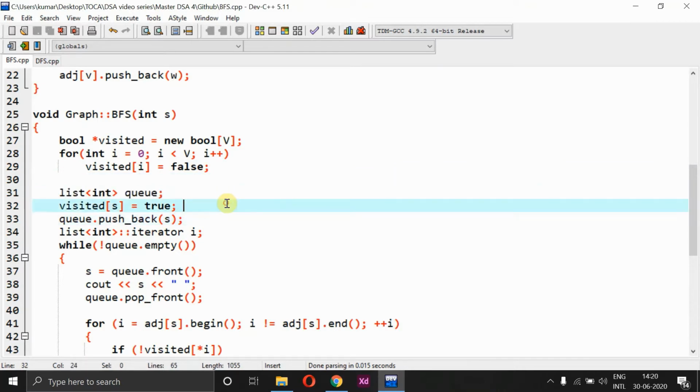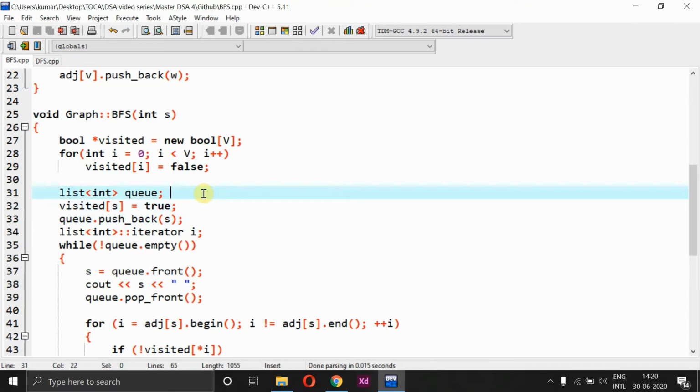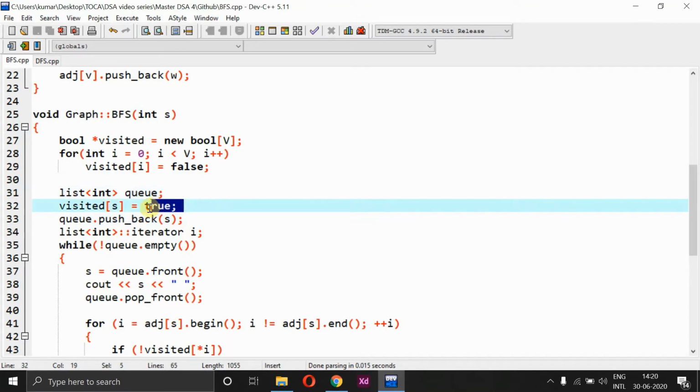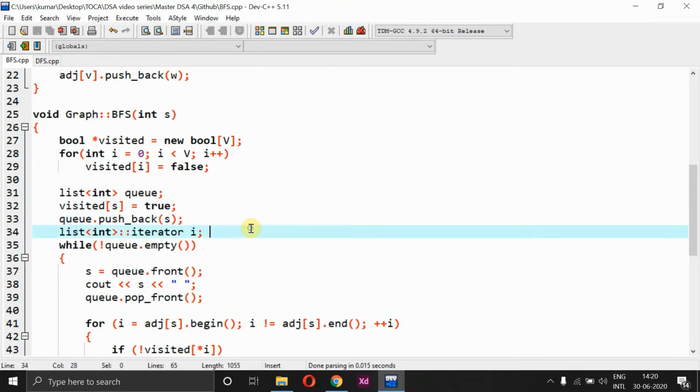So every time a queue is being implemented, it actually follows the queue algorithm. BFS follows the queue data structure for the entire implementation. So here I'll be using a queue, and the very first element of the queue will always be set to true. After that we are just moving it backwards, right?